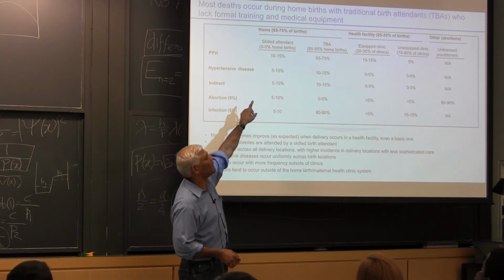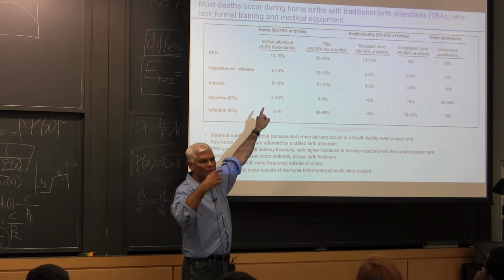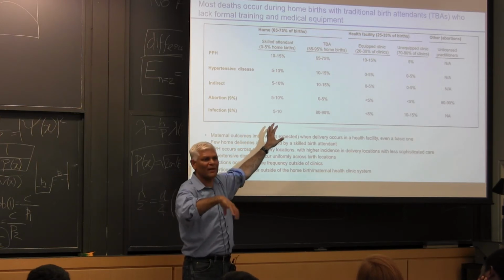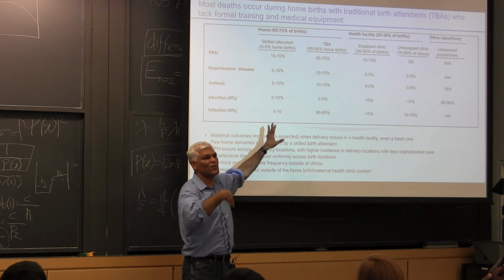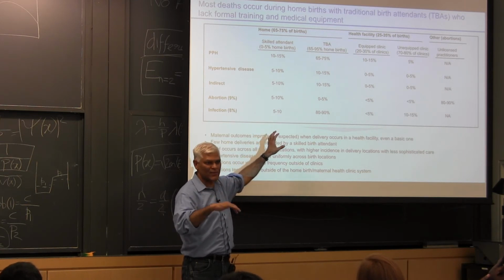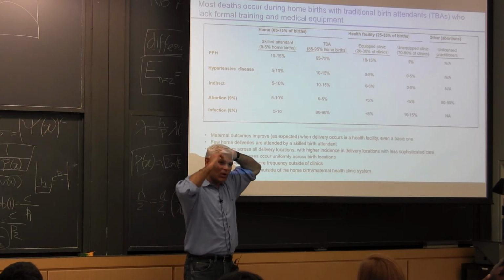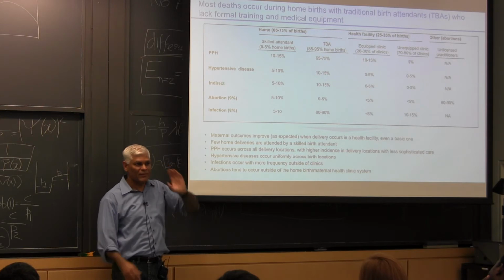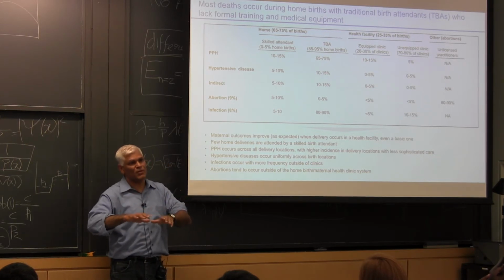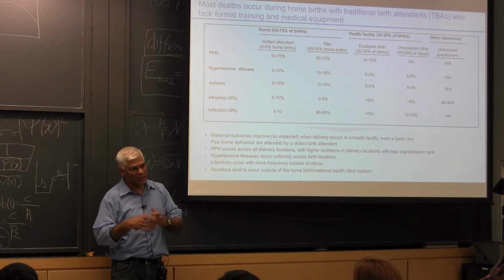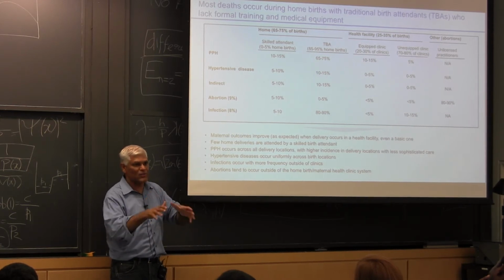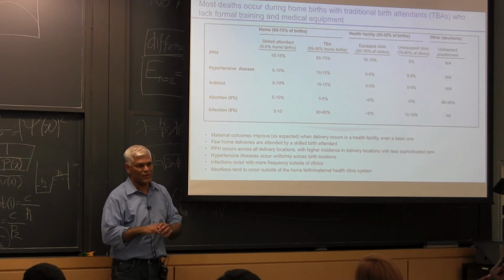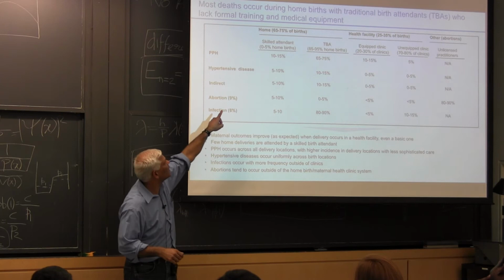Some of them happen when there's a slightly more skilled attendant. One of the phenomena is that these women get training as midwives or something. They go back and they still do this for a living, but it's at home, so they still don't have equipment. They have slightly better training. There's this thing that we'll see in a second. It's called AMSTL, Active Management of the Third Stage of Labor. That is probably the single most important skill that midwives and nurses learn in delivery. If they learn that, even if they're delivering at home, it reduces the chances of some of these things.